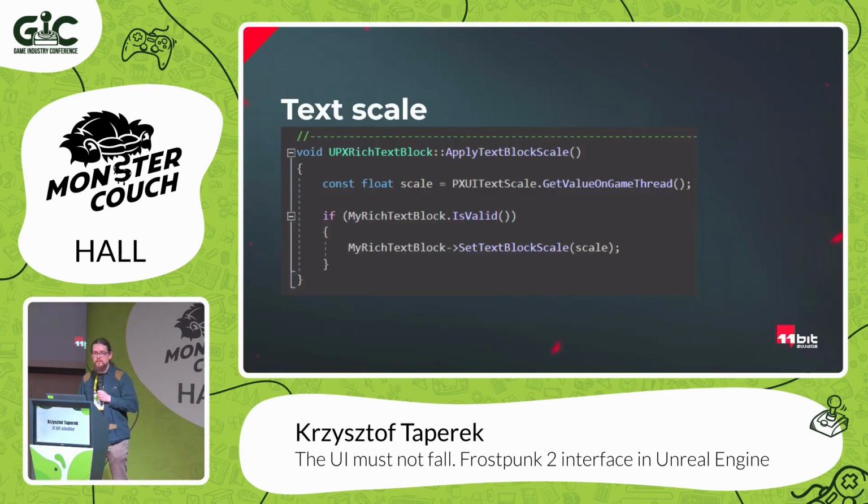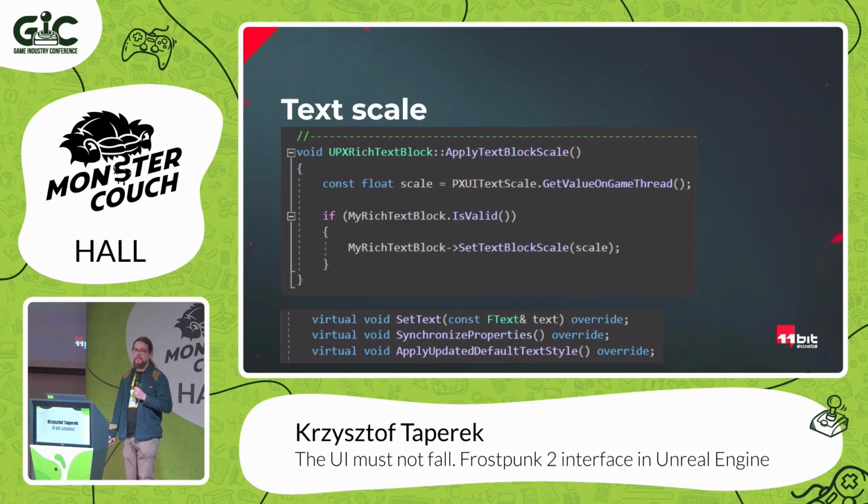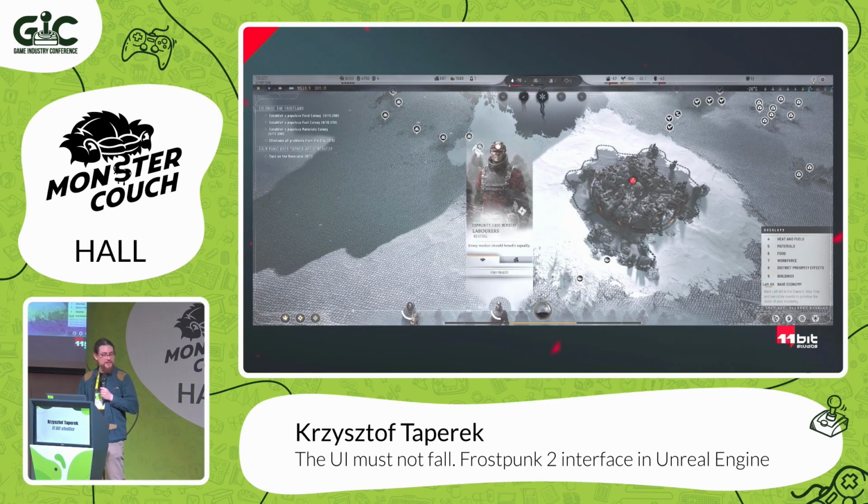But apparently it's already in Unreal, so it was just calling the function which is already in Slate widget for them. So it was just calling set text blocks k on my rich text block. My rich text block is just the default Unreal widget in Slate. And it was enough to just find 3 places where I have to call it because then it refreshes, and that's all. That was very easy to implement. I was prepared for a big battle with that feature, but it was too easy, let's say.